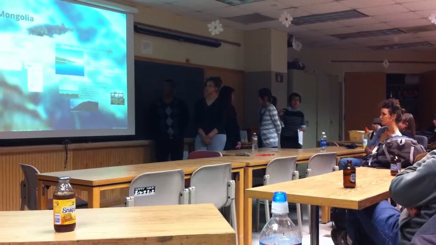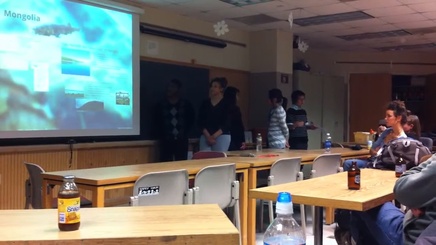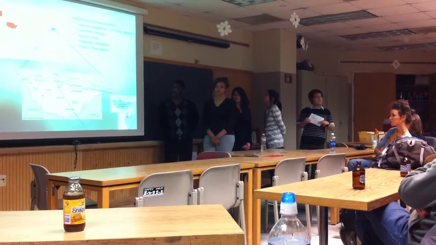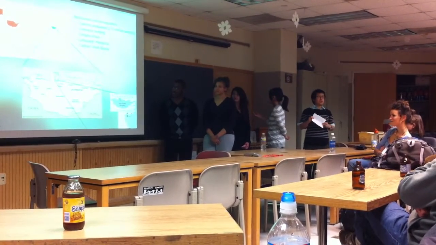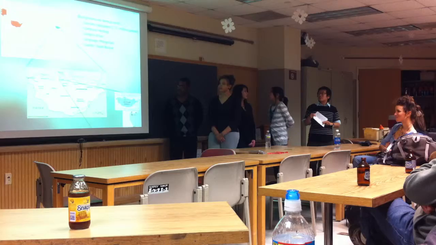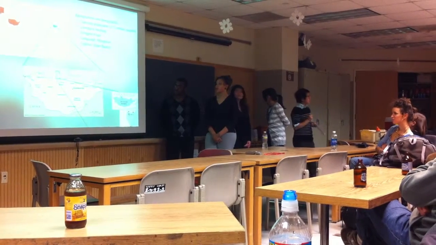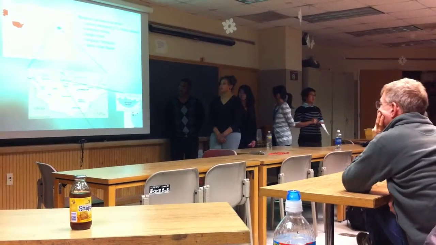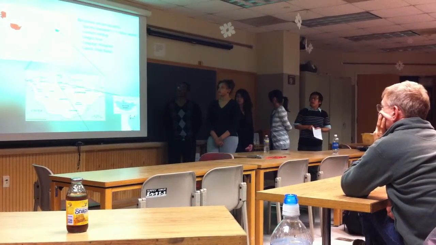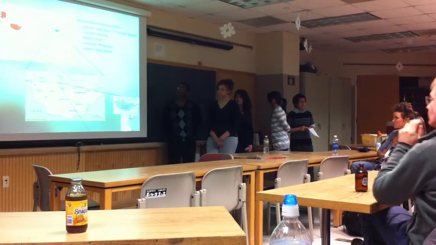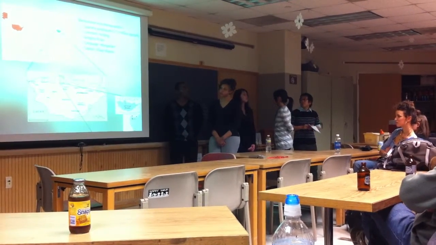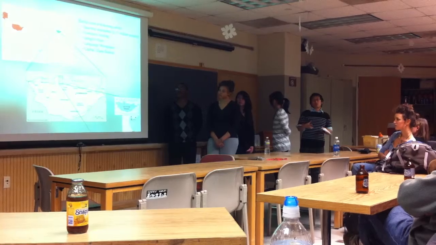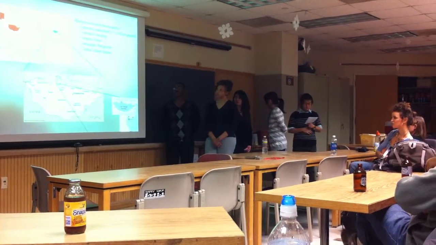And so I want to give a little bit of background on Mongolia so that you have that as part of it. So Mongolia is a landlocked country. It is squished there between Russia on the north and China in the south. It's the most sparsely populated nation in the world. There are about 2.75 million people there in an area just smaller than Alaska. It's primarily a steppe landscape, and so the primary occupations are related to herding livestock.